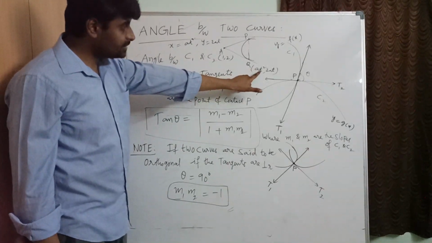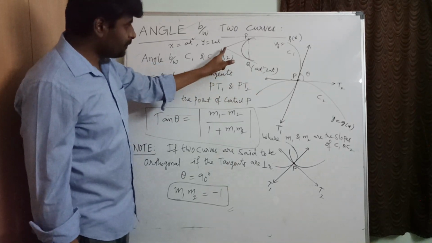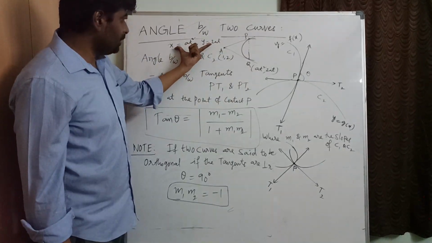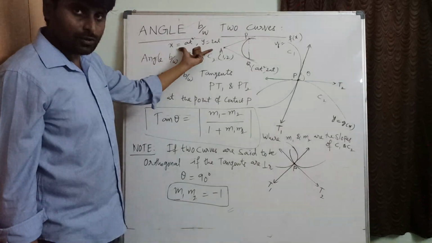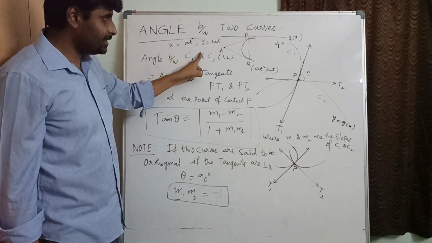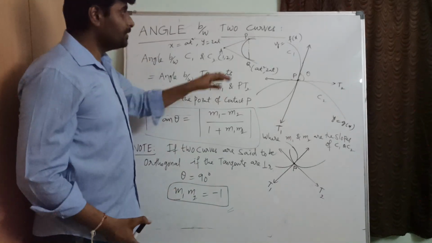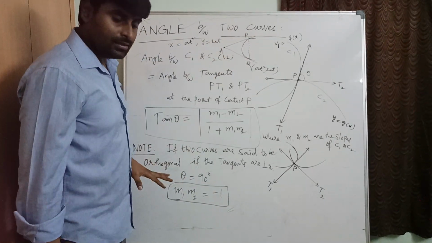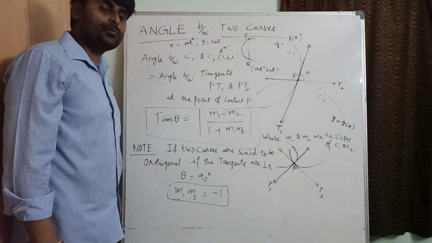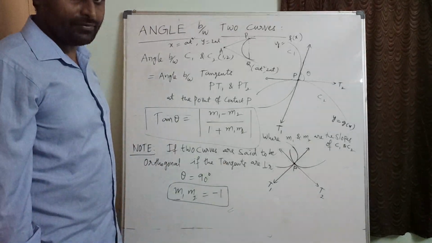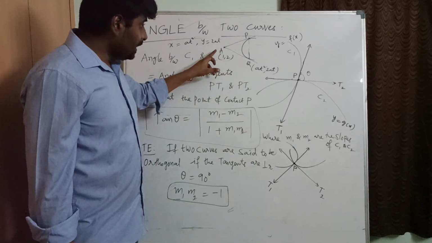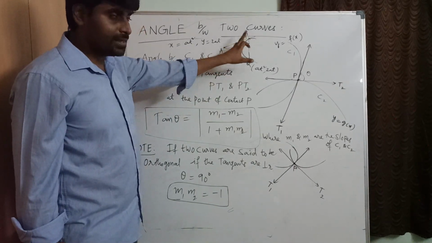How can we find this t value? Equate the slope of AQ to the slope of this one, which is obtained from dy by dt by dx by dt. Then only we'll be able to find the value of t. We'll get 2 values for t, and 2 points. Then we can find the distance between those 2 points of contact, which are drawn from one external point for the given curve.